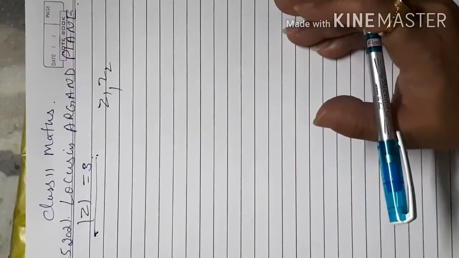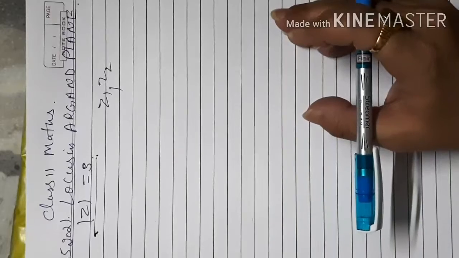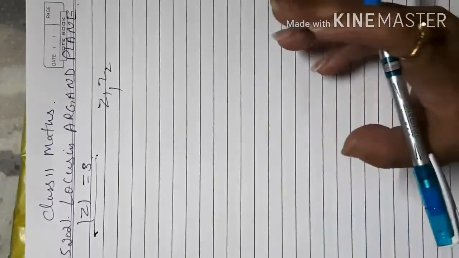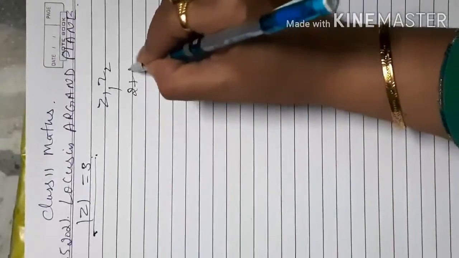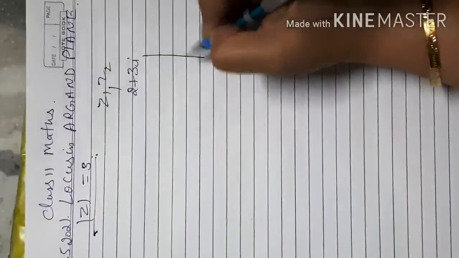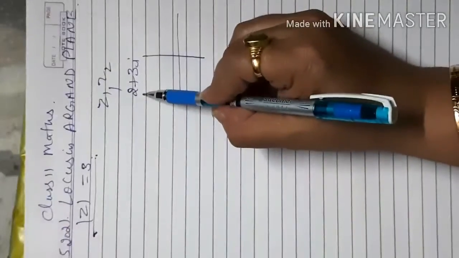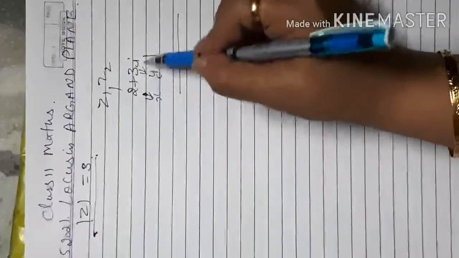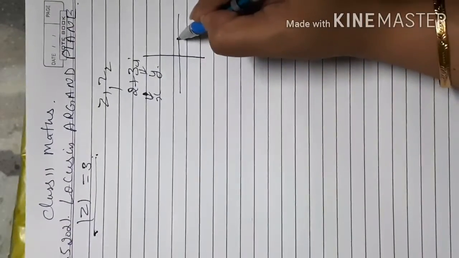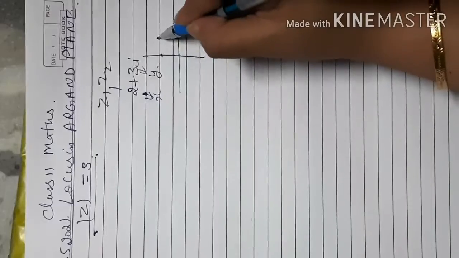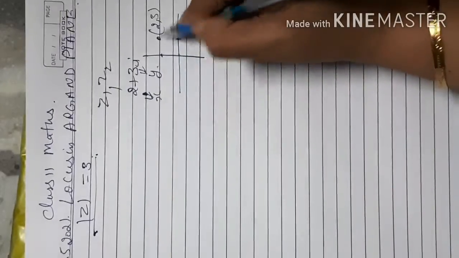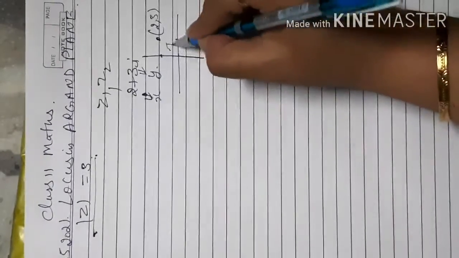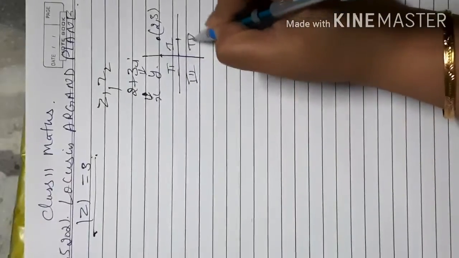That is another thing. Before that, we will discuss what happens when you represent any complex number in a 2D plane. If I have 2 plus 3i, then when I represent this in the complex plane, this represents x and this represents y. So these are xy coordinates: it covers the distance 2 here and 3 here. Suppose my point is 2, 3. Before that, you just find in which quadrant it lies: first, second, third or fourth quadrant.